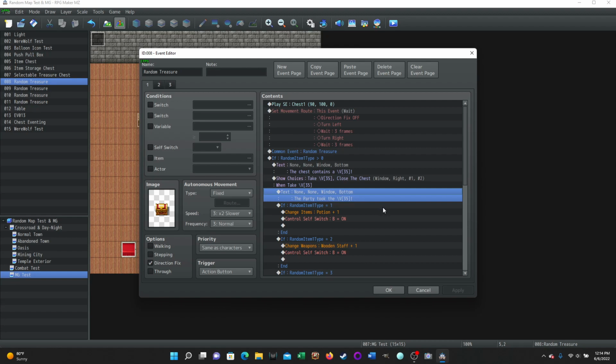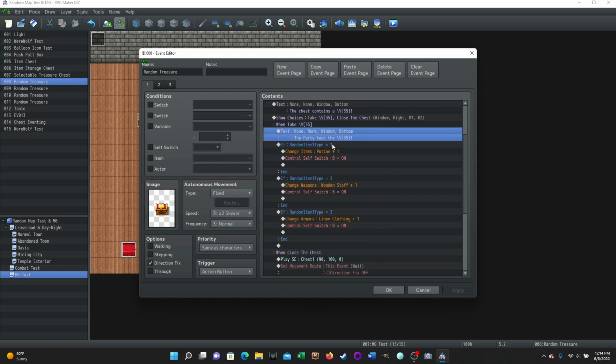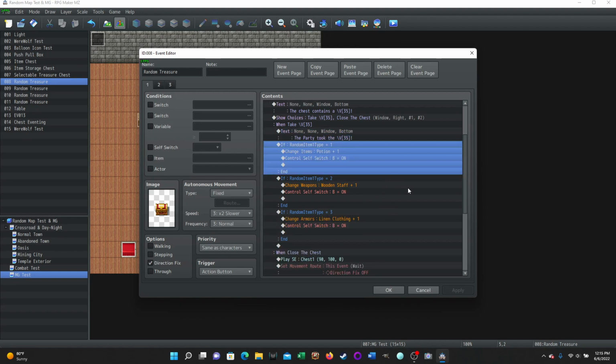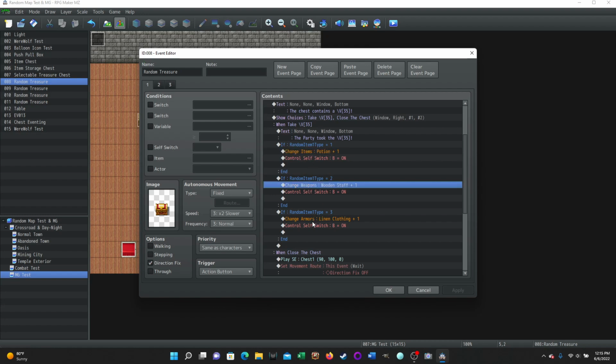It's going to give us the option to take it using that variable 35, and then it tells us that we took variable 35. And then if the random item 1 type is greater than 1, then remember, you have to remember from the common event what you set it as, so you can code in the changing, change the items, change the weapons, change the armors. And then we're setting self switch B to advance it to the last page